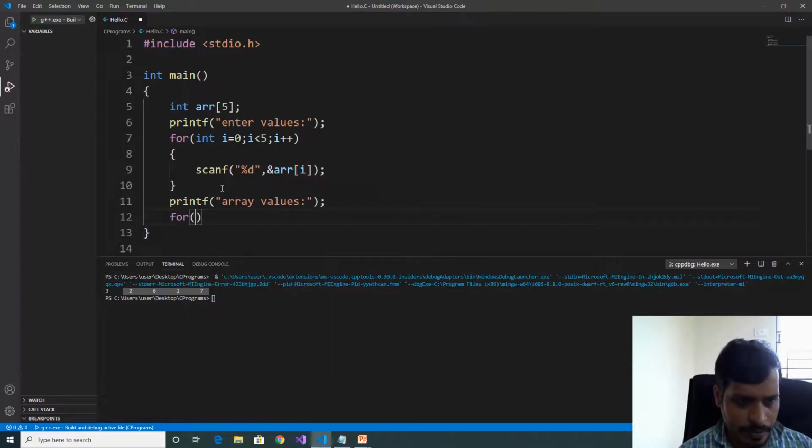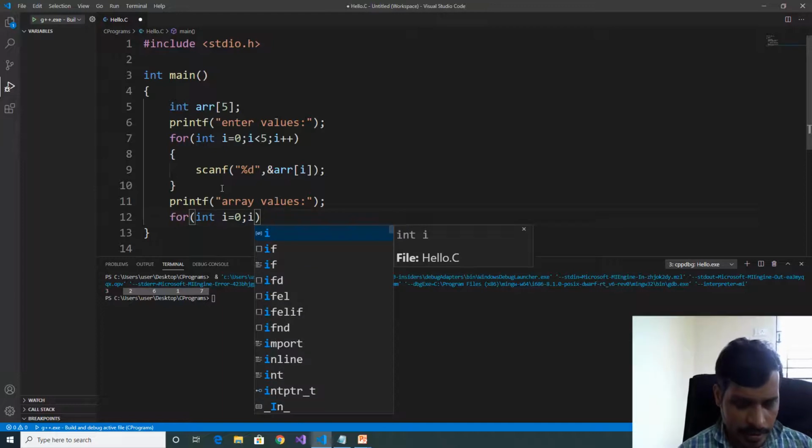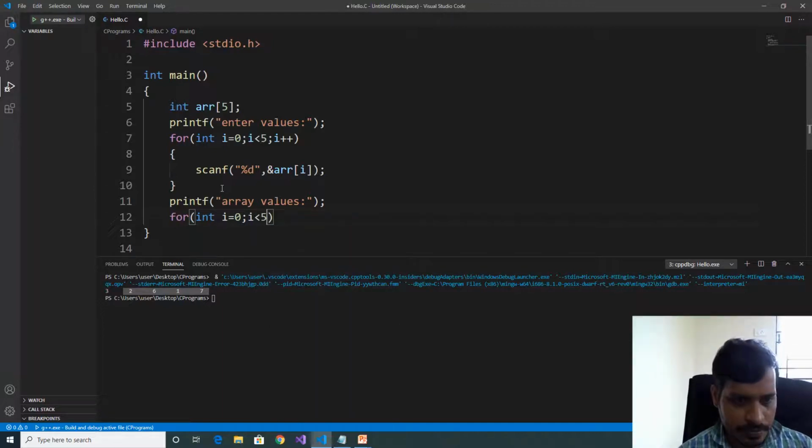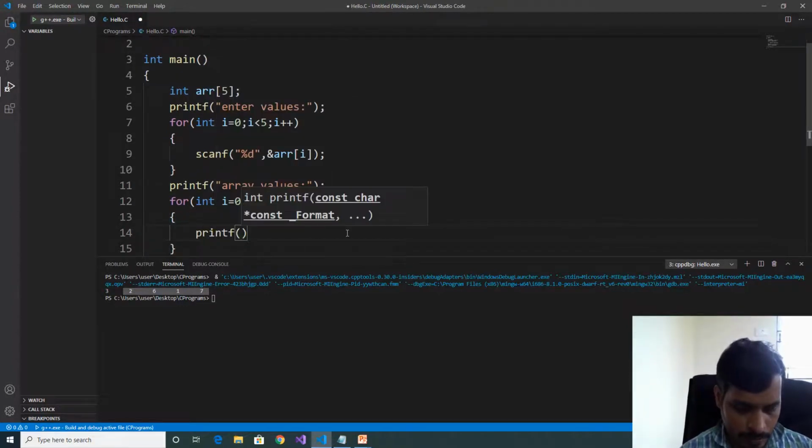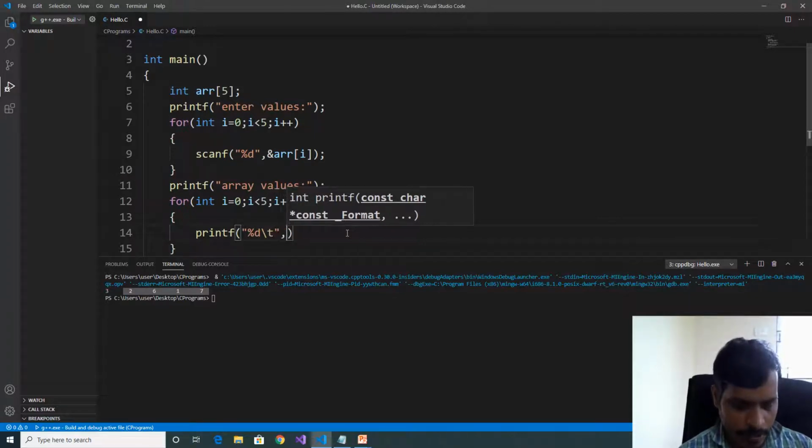For int i equal to 0, i less than 5, i plus plus, printf "%d\t", comma arr[i].